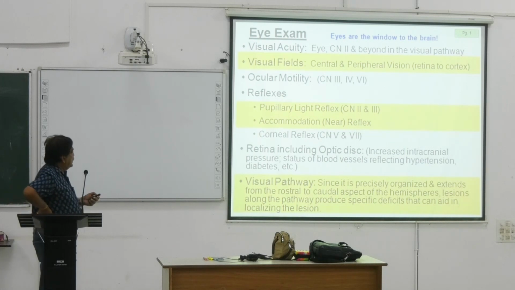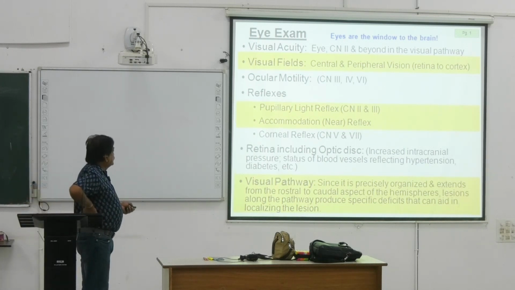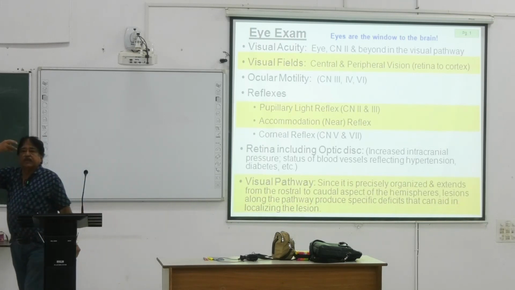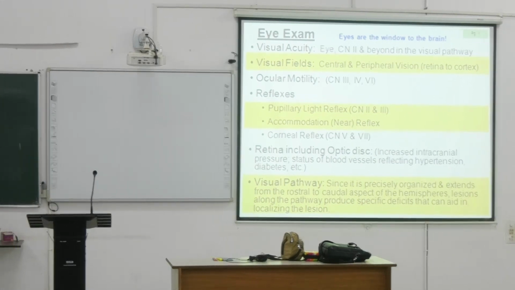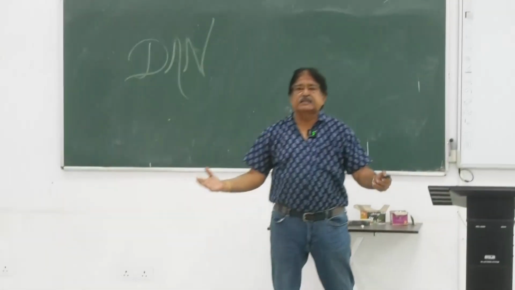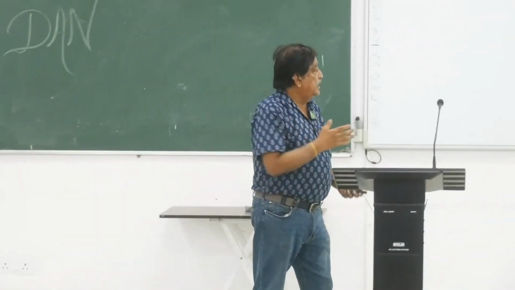Now, the visual pathway, since it is precisely organized and extends from the rostral to caudal aspect of the hemispheres, lesions along the pathway produce specific deficits that can aid in localizing the lesion. If you see from the optic disc, retina, the optic nerve and the visual pathways, its crossover at the chiasma, you can see at what level